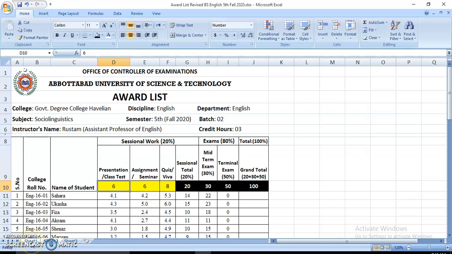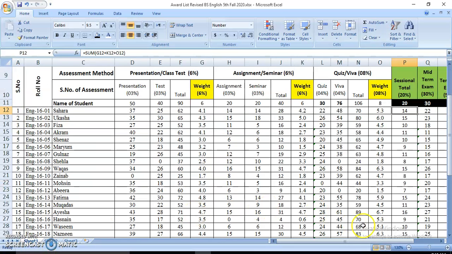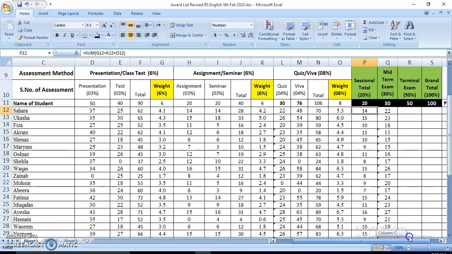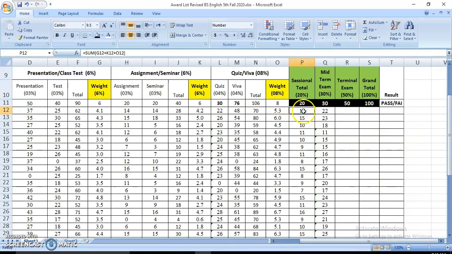I'll explain it in another video. However, you have seen how I have added all these scores. So now this is midterm exam. You have to enter it manually. So midterm exam scores have been added manually. Once the terminal exam occurs, you have to enter these manually. However, here again a formula has been added. 100 means the sum of P11, see, this is P, E11, Q11, R11, and this is 100. So when you drag it down, this is automatically applied.